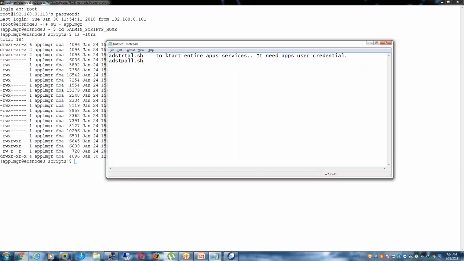So when I'm using this one to stop the entire app services, it needs the apps user credential. So the question comes, why does it require the apps user credential? The reason is that whenever you are stopping or starting entire services,